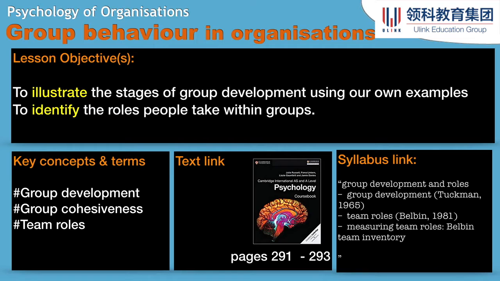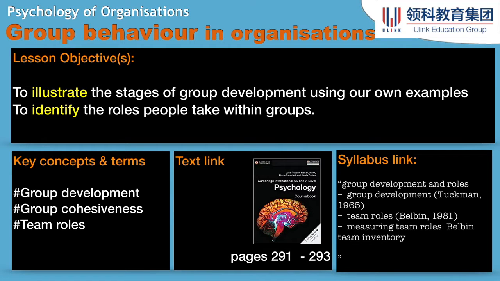One of the reasons why I'm doing this is Cambridge has changed the way they're asking questions at the end of the year. Rather than asking about what psychologists have found out, for example, about group behavior in organizations, they might ask, like they did last year, tell what psychologists have found out about how groups are formed and the roles that they play within organizations. So it's much more specific to sub chapters of each unit or sub headings of the unit.